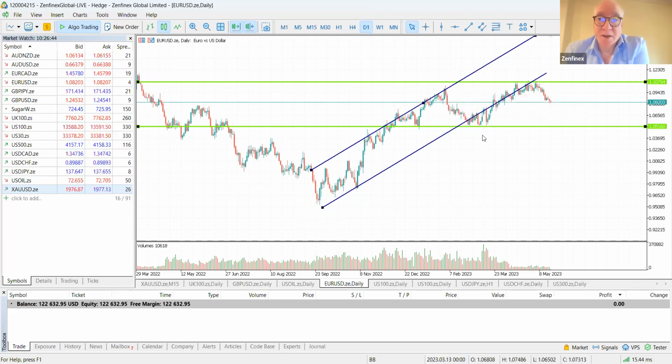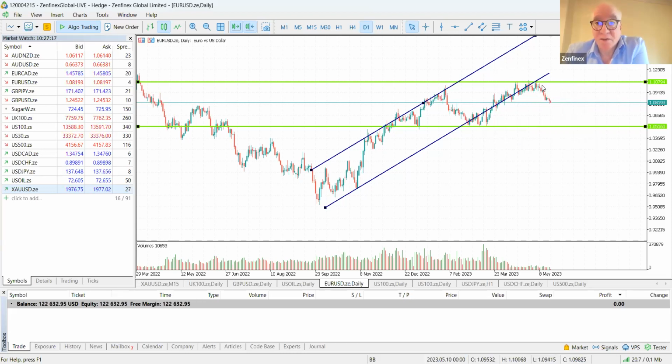From what I can see, this upward channel has run out of steam, because if this channel had behaved as it should, it would have gone up much faster and hit this level of resistance here, which it has. And now we're outside that channel, and we have to ask ourselves the question now, is this the beginning of a downward